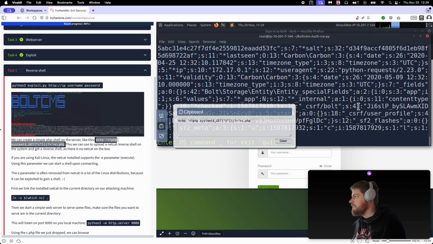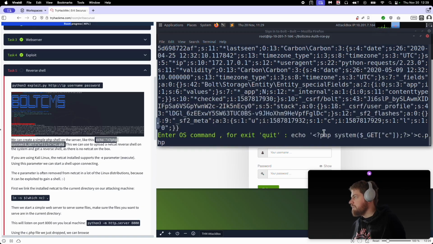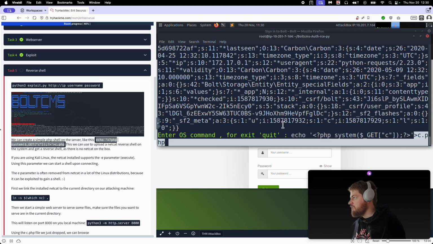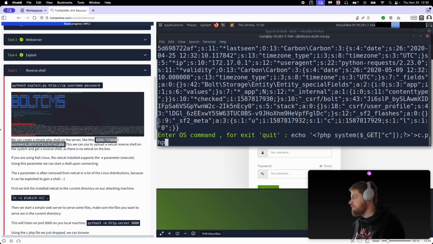So right click paste, and you'll see it pastes it, and you'll see basically we echo this data. This is the program. It's a very little program, and it gets any parameter command, the parameter C, and it saves that into c.php. So it's a bit cryptic, this command, but it makes a new file with this content. So this is the content of the file, and it puts that into c.php. So if I press enter,